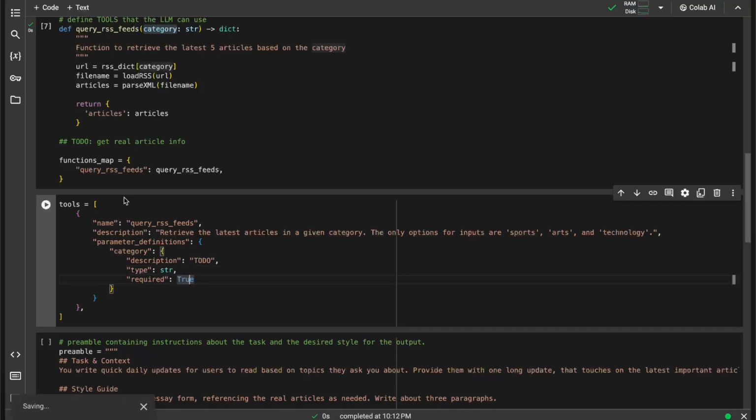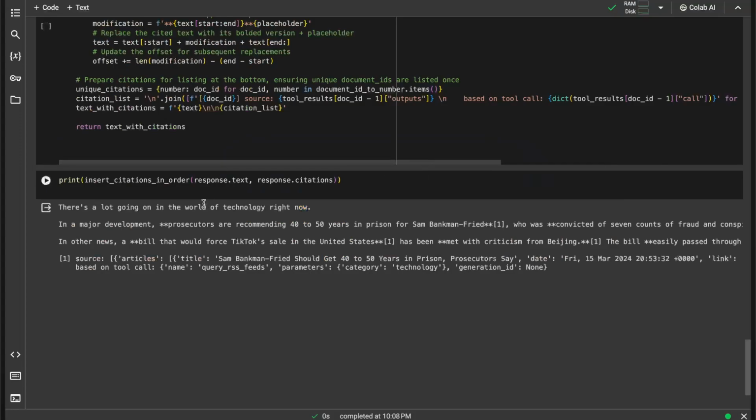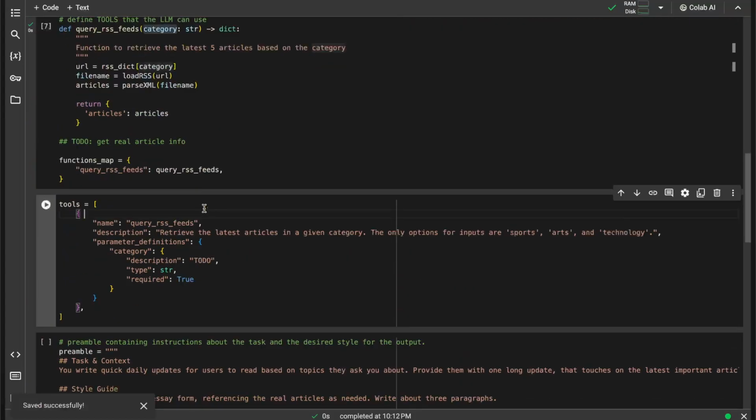Oh wait, was that actually a string or not? Let's just double check. Yeah, that's a string. It's a string that says string, and it's required. Okay, great. And then the description of that is,